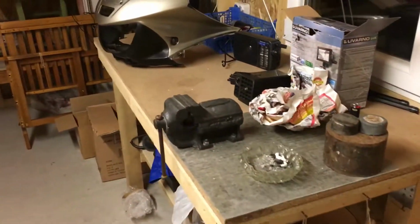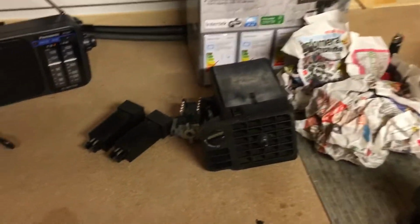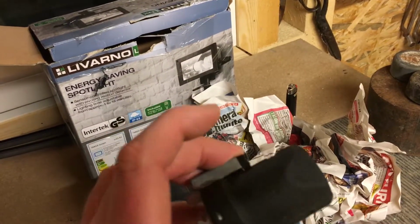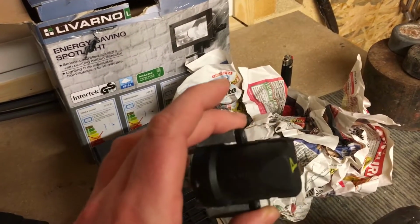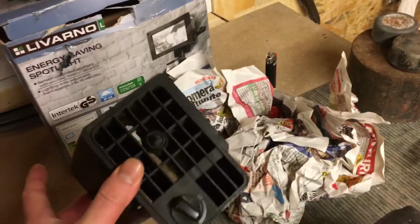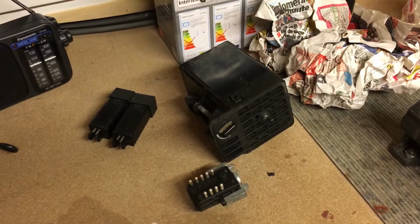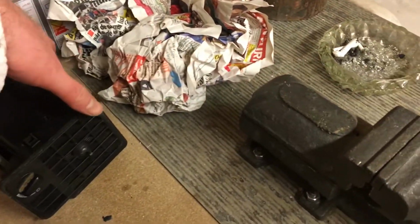Talking of the Saab, today I'm just going to show some parts. So as you know, I have some ignition problems, and it seems that this module is at fault. So I got the parts from a guy who previously, when I ordered this part, he didn't send it. I got a pretty good deal, but as with any second-hand parts, there can be surprises,